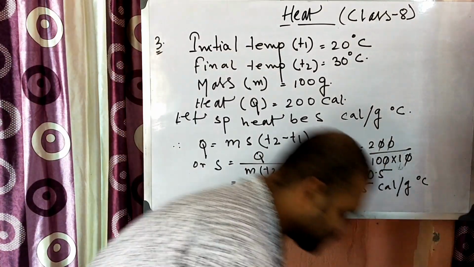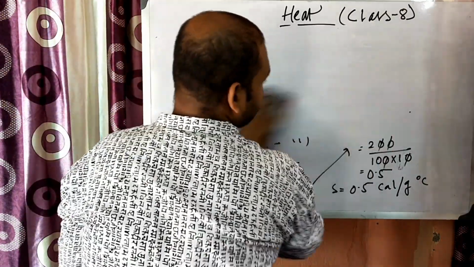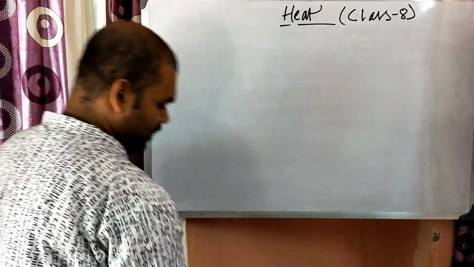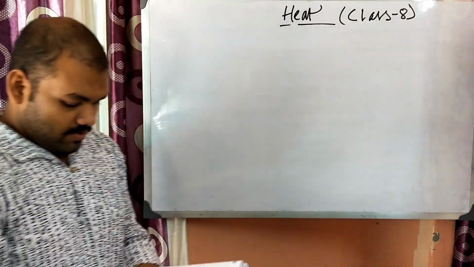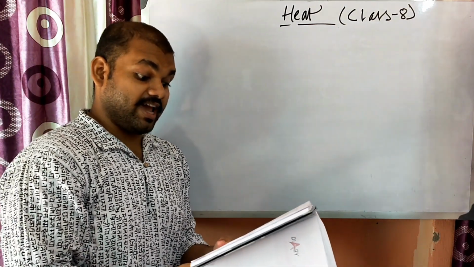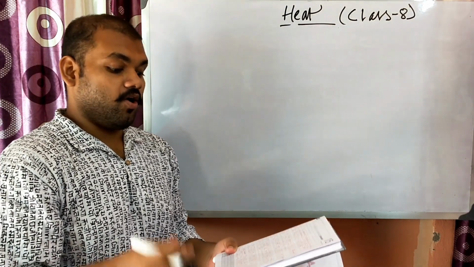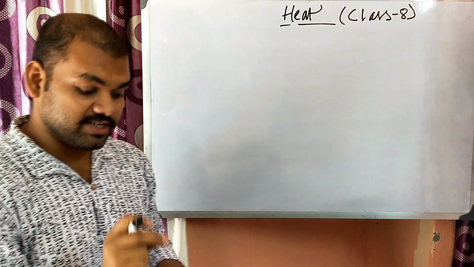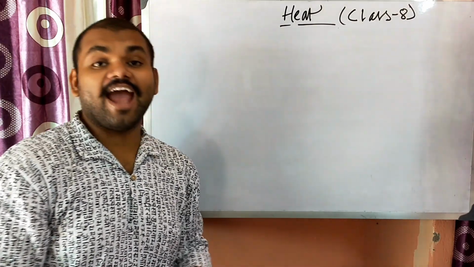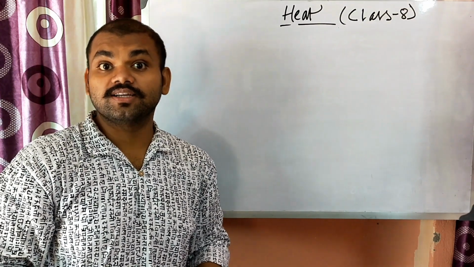Next, for the next sum, let me tell you the next sum. I am dictating. Okay, listen carefully again. Find the heat required to convert 10 gram of ice at 0 degree to 20 degree C water, or find out the heat required to convert 10 gram of ice at 0 degree to 20 gram of water at 0